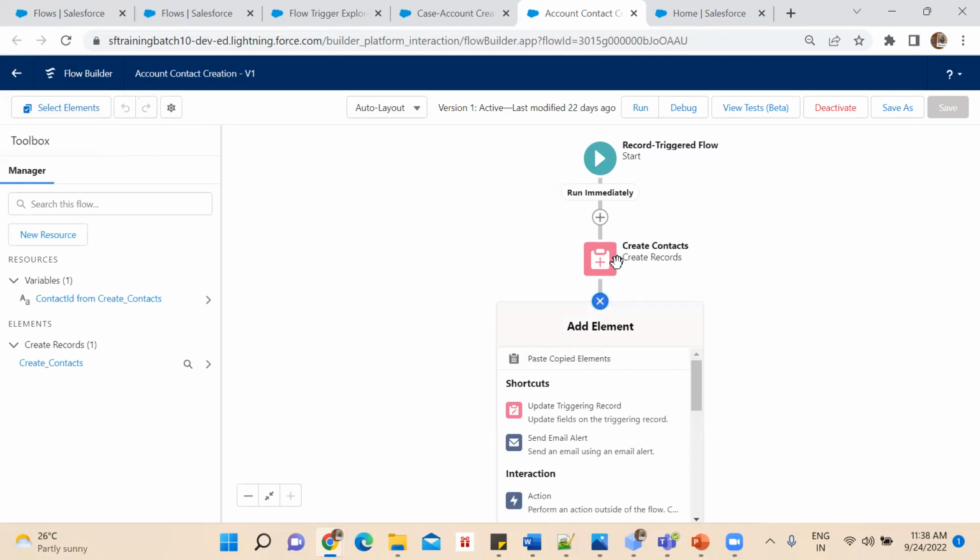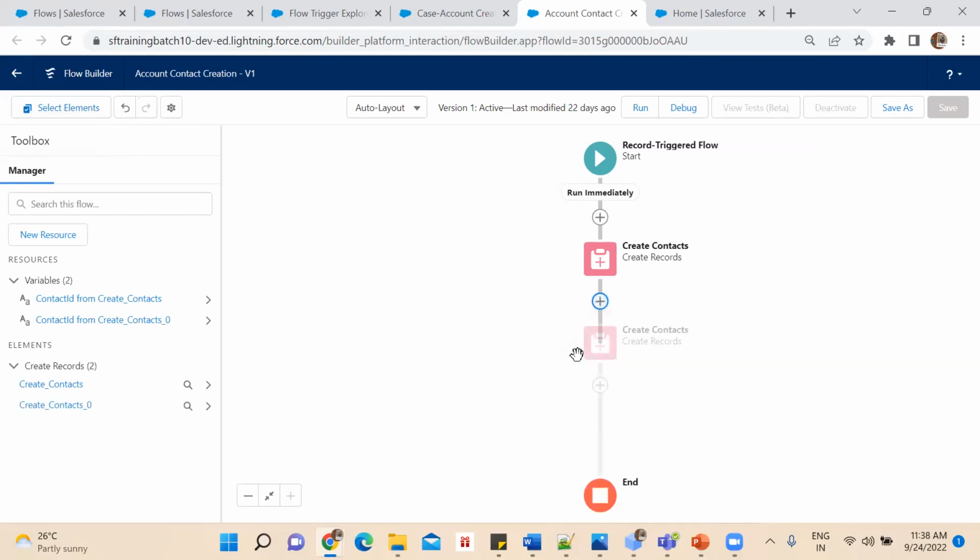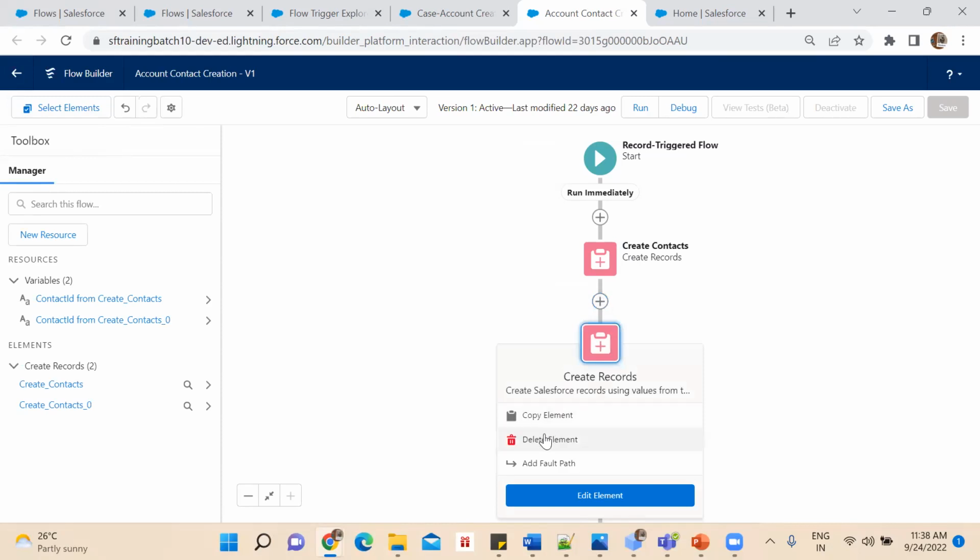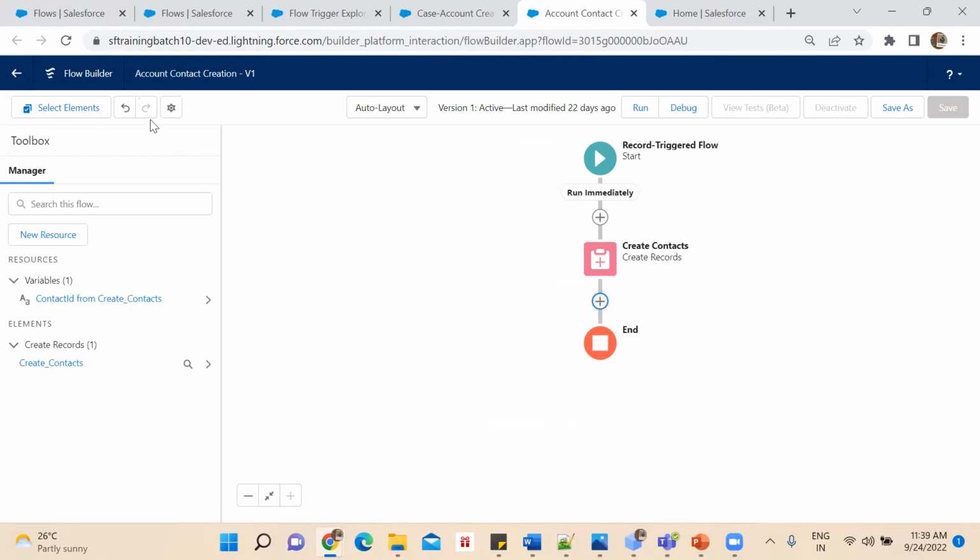Okay, so if you've copied this element, you can click here and paste it. The same element will be here. At the same time, you can delete the element as well if you don't want it. Now, there is another button called undo, which is used to roll back the changes that you have done. Redo means if you roll back the changes and still want them, you can get them back using the redo option.